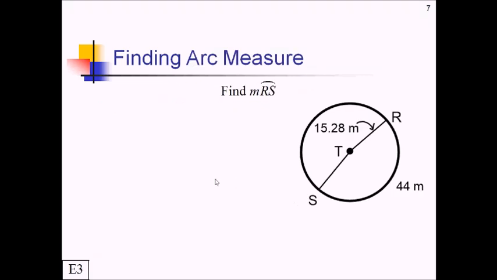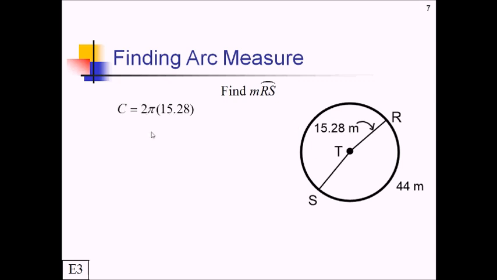We're going to do one more problem involving arc length. In this one, they want us to find the measure of arc RS. So we're looking for the degrees this time. Pause the video and see what you can make of this one. All right, if we're looking for the arc measure, that means we need the arc length, which we have. It's 44 meters. And we need the whole circle, the circumference, so we can set up a ratio. Now, we don't have the whole circumference yet,